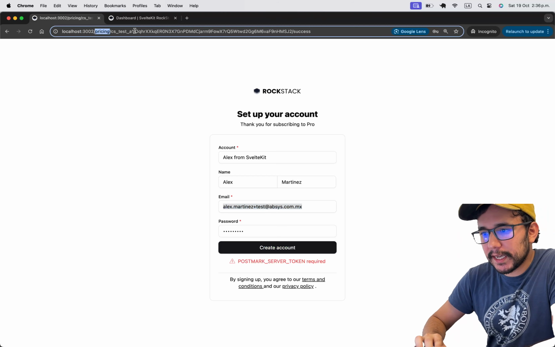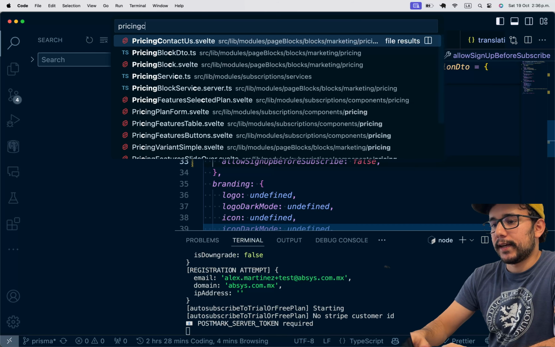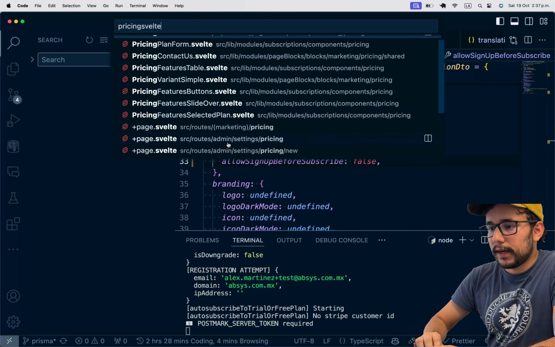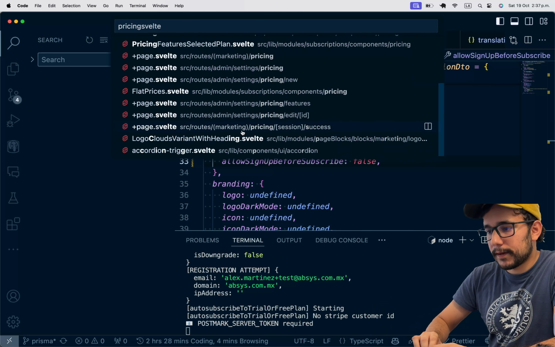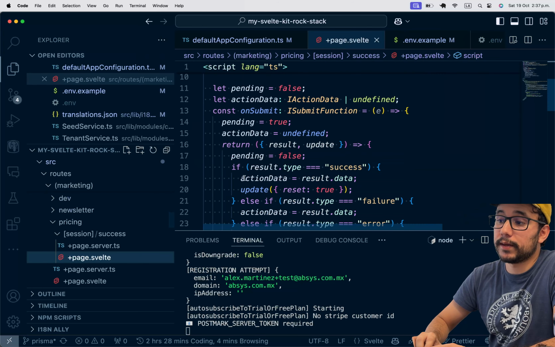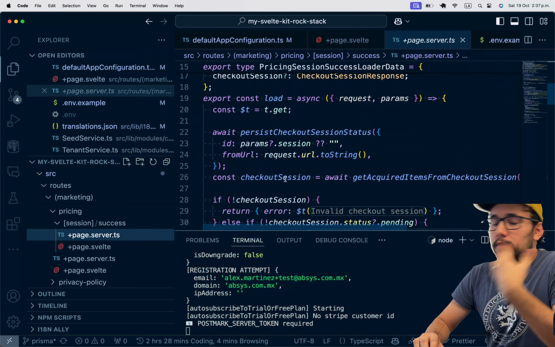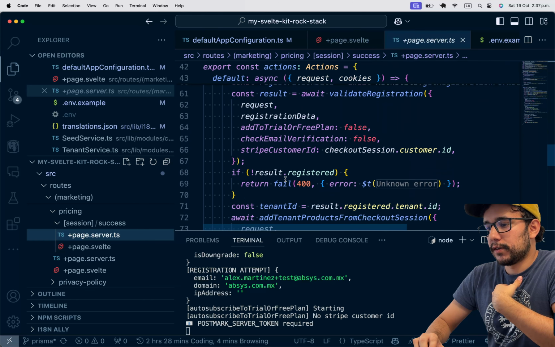So it's pricing and then some param and then success. So pricing and then the checkout pricing spelled. Let me think. It's on pricing session success. It's this one right here. So this is the client component. So I need to go to the page or loader and action component. So here on the action,